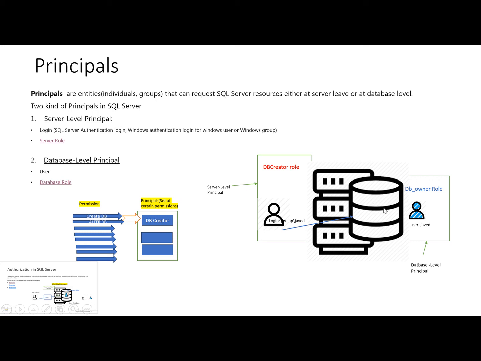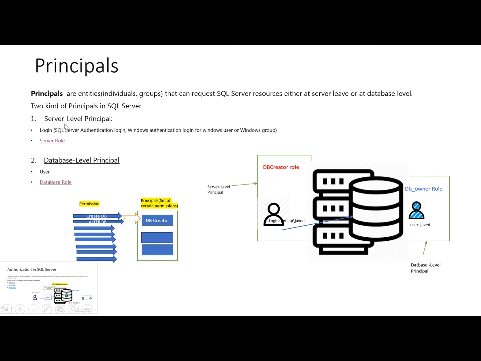Therefore, the user database has its own users, and to authenticate this login, we have to map the login with one of the users in the database. This mapping, as we have already discussed, is one to one. So when this login is mapped with the user of the user database, the roles of what this user can do in the database are known as the database level principals. So the users of the database and the roles of these users are known as the database level user principals.